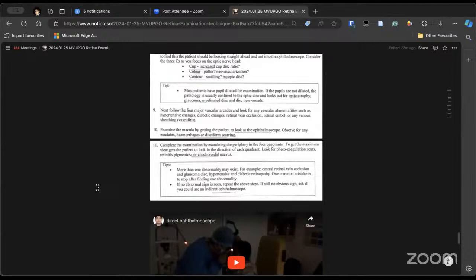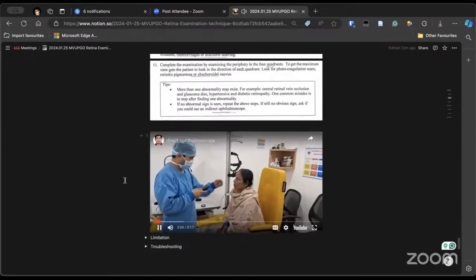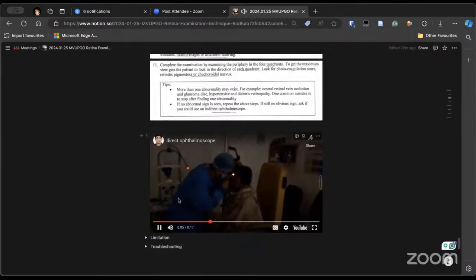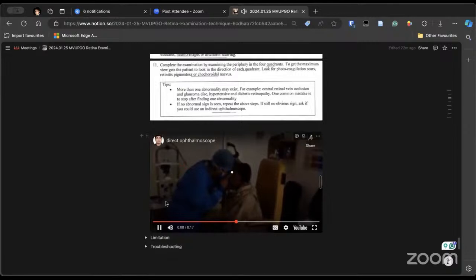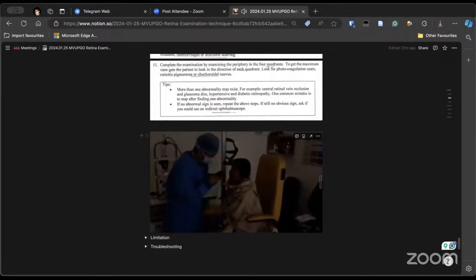And also definitely there may be multiple abnormalities which might coexist. So do not stop when you see a single thing. And whenever you are doing this, you tell the findings simultaneously. So this is what I do in clinics. This is very simple. Obviously you switch off the light and you greet the patient and sanitize your hands. Then you go near to the patient, and for the right eye, because this light is less, so the focus is less.